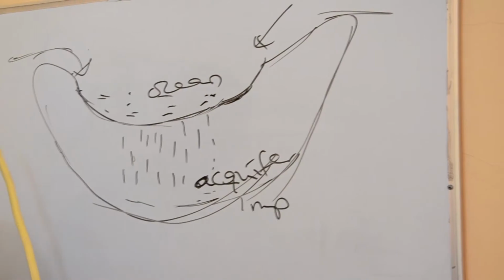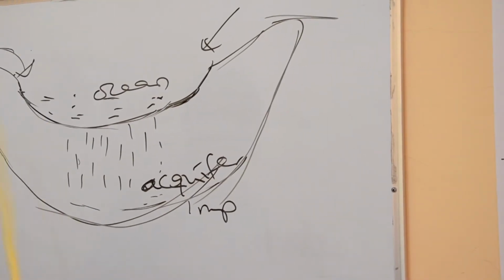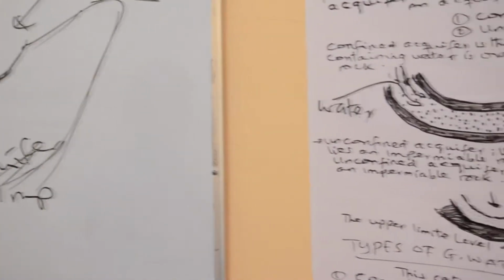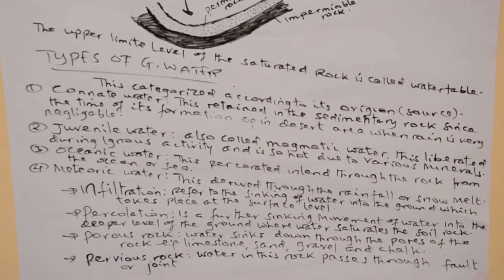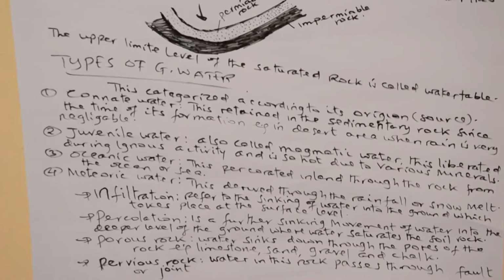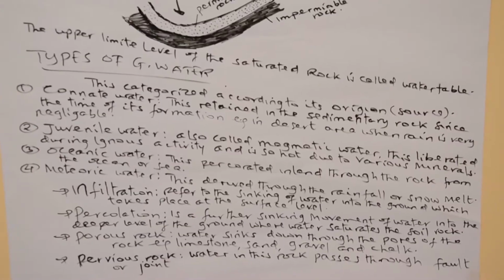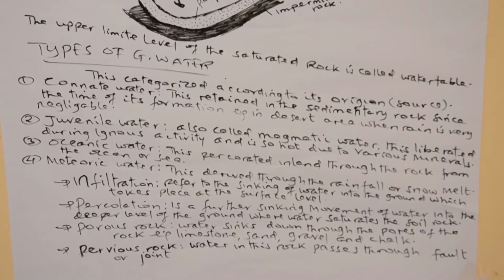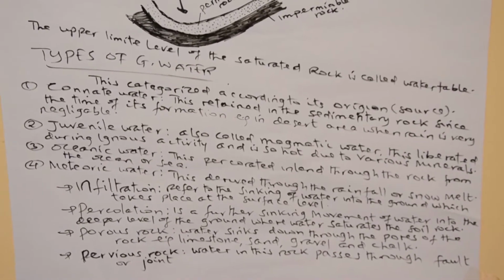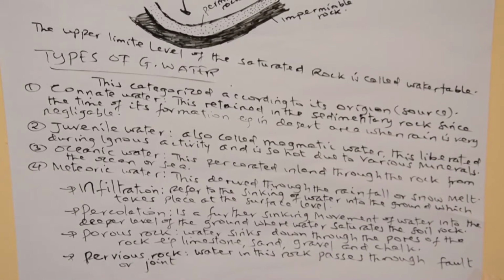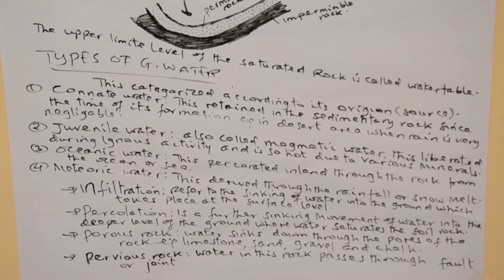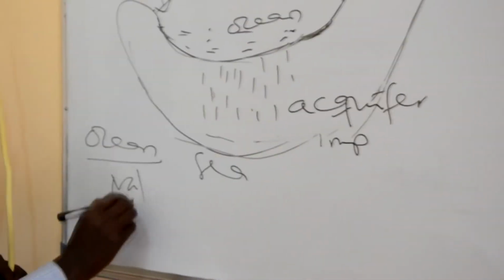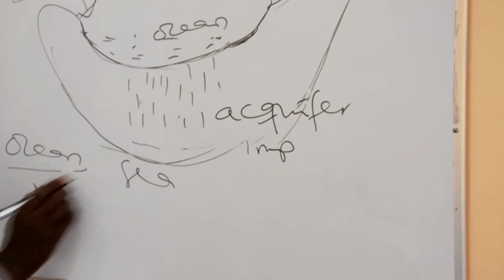Here, according to this description, oceanic water is percolated inland through the rock from the ocean or from the sea. And we were describing the difference between sea and ocean, and I described that the sea and the ocean are parts of water bodies, whereby the ocean is larger in nature than the sea. But also, the ocean consists of more salt water than the sea,